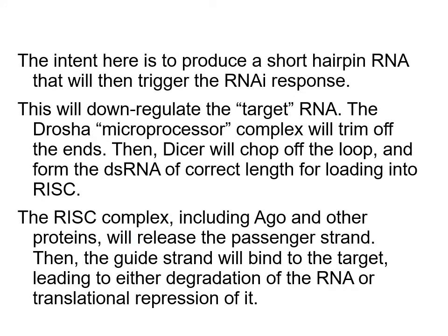Okay, so the idea is we're going to trigger the RNAi response by providing this RNA, this hairpin RNA that we've designed for the purpose. So what's going to happen to this once it's made? It's going to be processed in the nucleus by Drosha, also called the microprocessor complex. It's going to trim off the ends, chop off the loop, and then it's going to be in the cytosol for loading into RISC. So it's then presumably going to hunt down its complement, in this case GFP, and